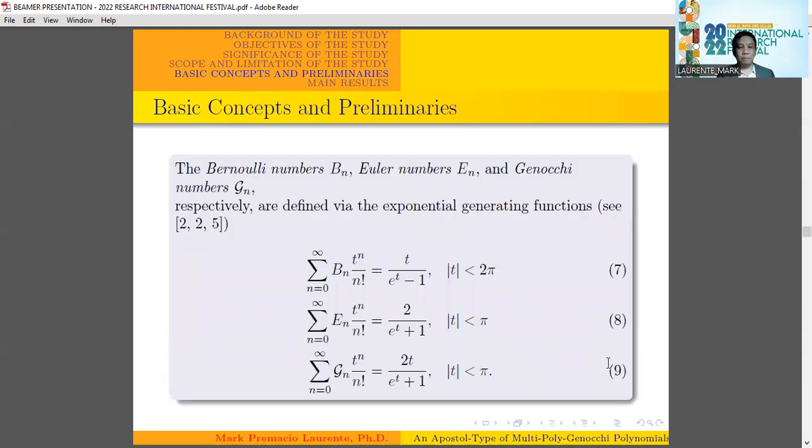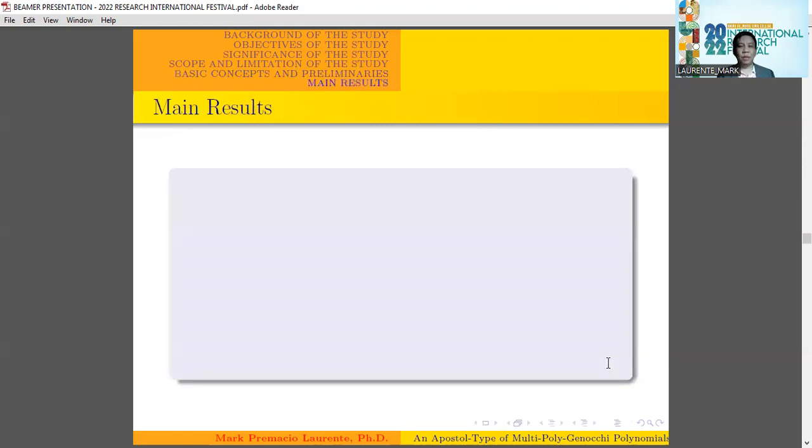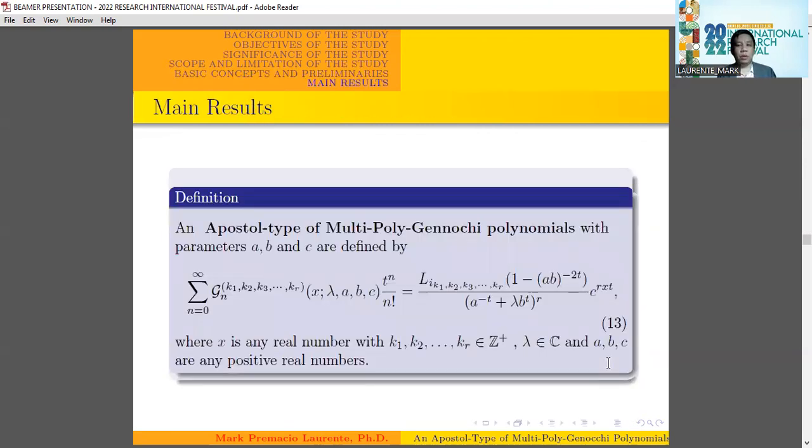And we have the Bernoulli numbers, Euler numbers, and Genocchi numbers, and also the polynomials of Bernoulli, Euler, and Genocchi. So we have the main results now. We can now define the Apostol-Type Multi-Poly-Genocchi Polynomials with parameters a, b, and c by this one, the summation of G_n^(k1, k2, k3, ..., kr)(x; lambda; a, b, c) times t to the n over n factorial, where n is from 0 to infinity, is actually